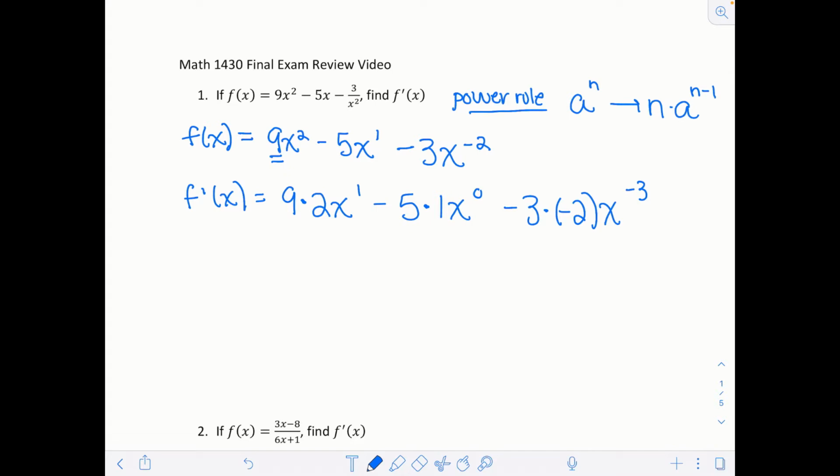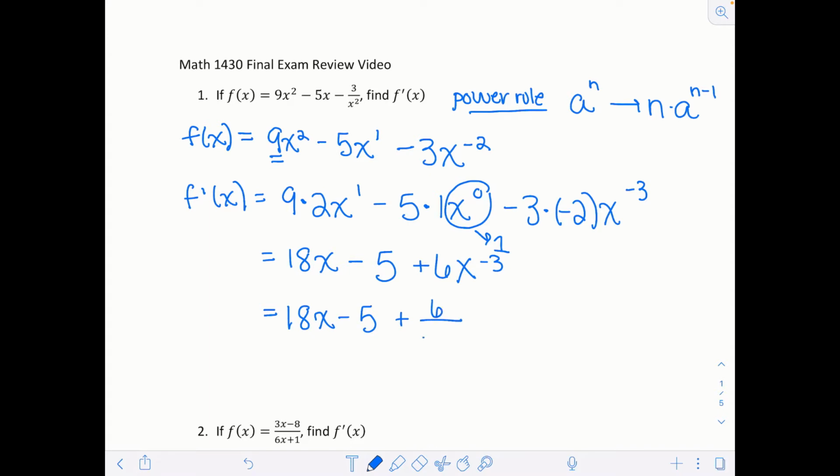And then at this point I'll simplify. So we've got 18x minus, so anything raised to the 0 is just 1, so that's just going to be minus 5 plus 6x to the negative 3. And I'm just going to take it one step further here, because typically, as a general rule for these math problems,